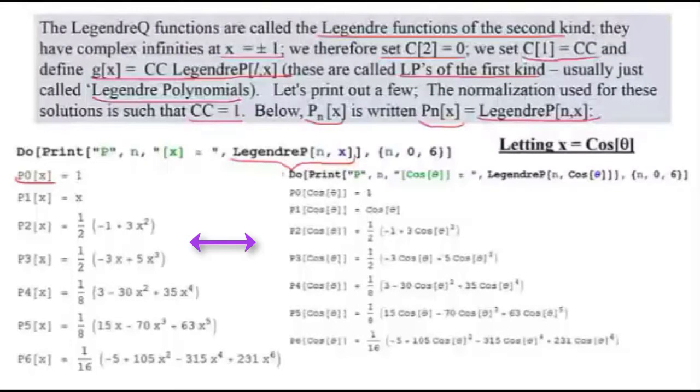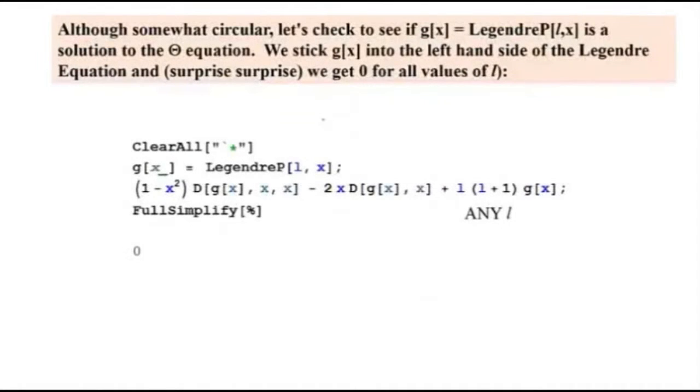Those are the same equations that you have over here, except we've replaced x with cosine theta. This will be somewhat circular because we found this to be a solution, but let's just take this function g of x, the CC is equal to 1, and put it into the equation for the angular part of the differential equation. So all we're going to do is evaluate the left-hand side of the theta equation with this particular